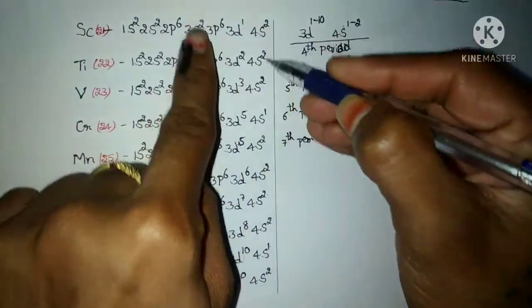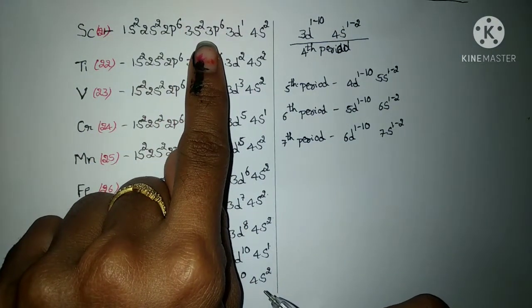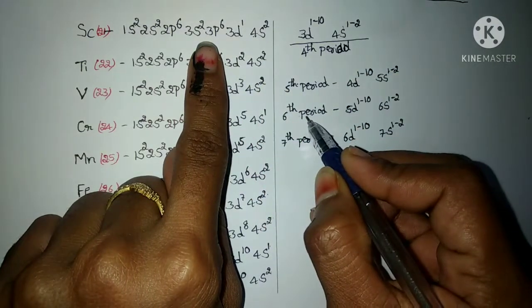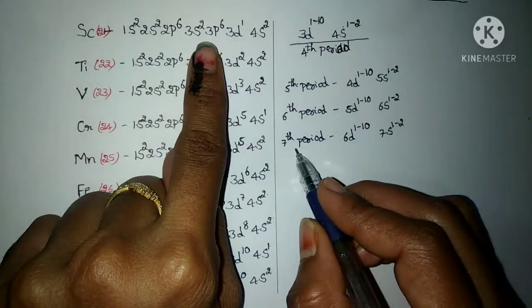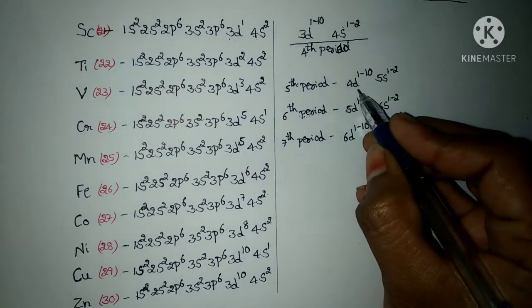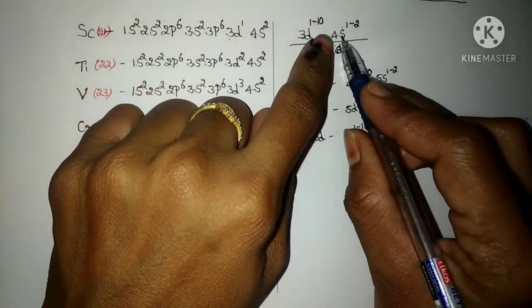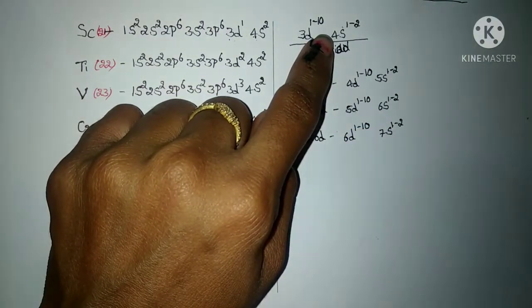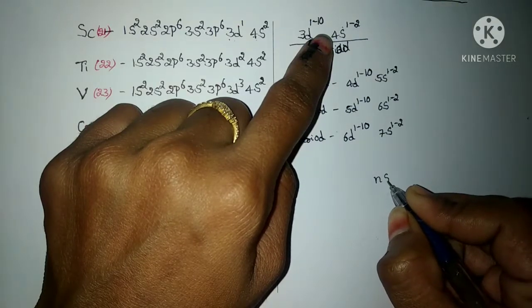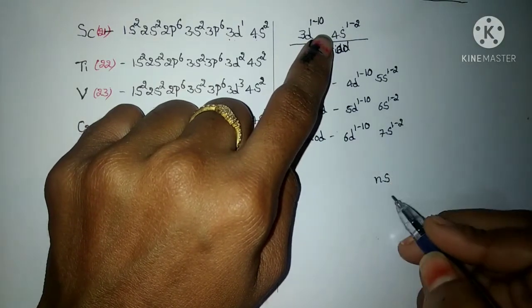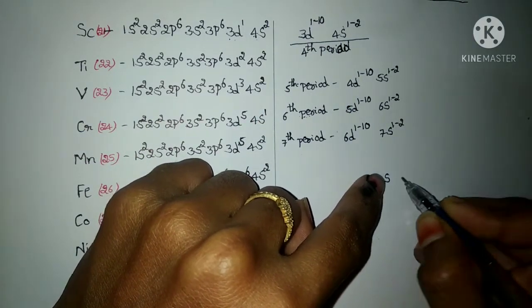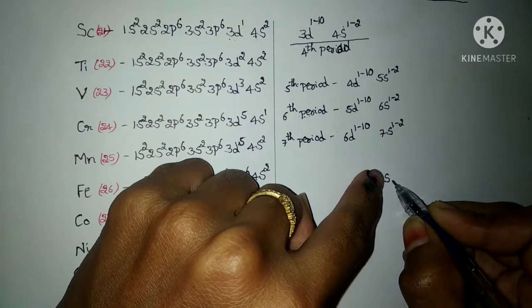So one number increases as we go down one period. In the fourth period this is the electronic configuration, in the fifth period one number increases, in the sixth period again more, and for the seventh period still more. Now observe 4s, 5s, 6s, 7s. This is nothing but the valence shell, ns. The valence shell is represented by n, and in it the electrons are present in the s orbital.